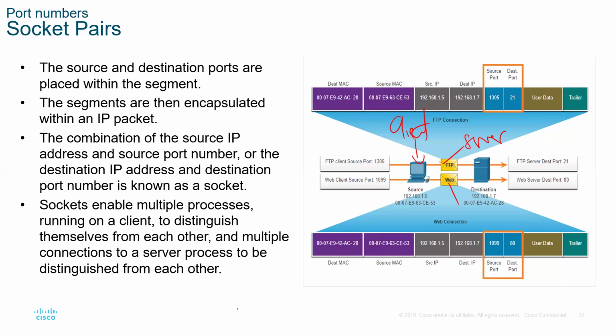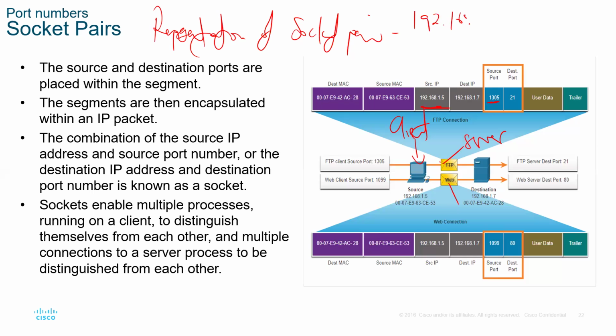Now, in exam questions, you see something like this, the representation of the socket pair. The representation is as simple as this. You can see the IP address. I'm going to use this example here. So we have the source of the FTP connection. The source IP and the source port go together. So we have 192.168.1.5